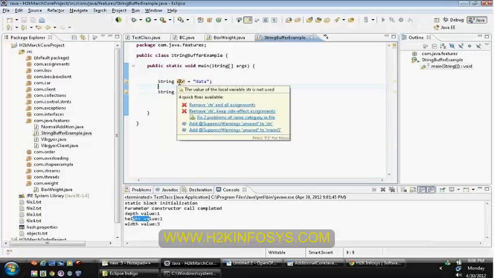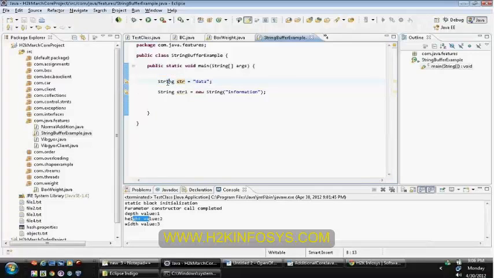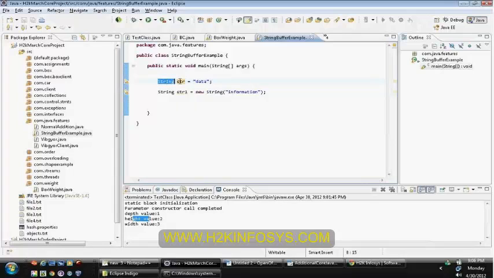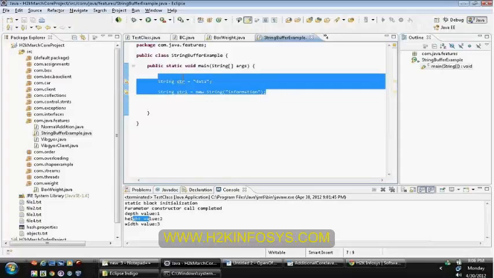But string is an exception case, because almost all programs will make use of that, and Java has suggested that it's not required for you to create like this, and you can directly assign the group of characters and Java will create a string object. The difference between these two,